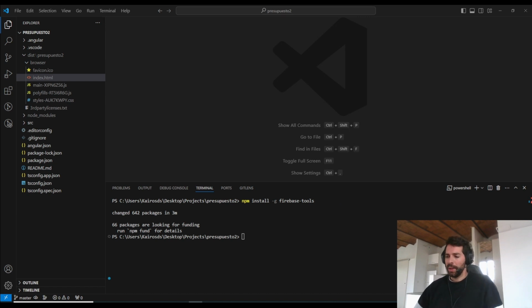Okay, now that the install has finished and we installed the Firebase tools package globally, the next step,